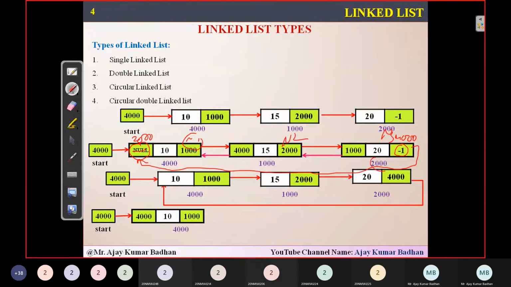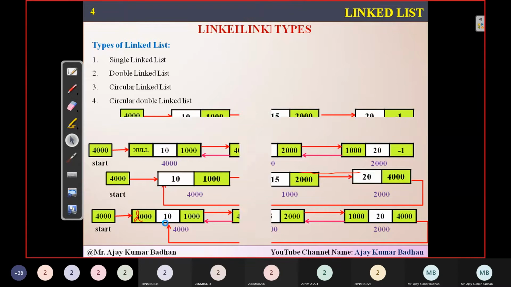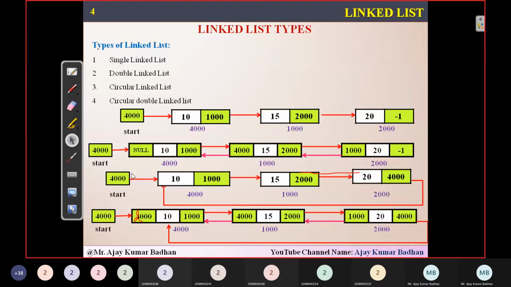Okay, if you see here, there's a small mistake. Here I have to represent this as 2000. This is 2000, meaning that is the address of this particular thing. So you can see there is a circular linked list, 4000. If you see the last node, the address of the next node is 4000. That is the first node. So there is a link from here to here. But if you see here, in this case, the first node's previous address is representing 2000, because 2000 is the node we are having, that should be represented here.